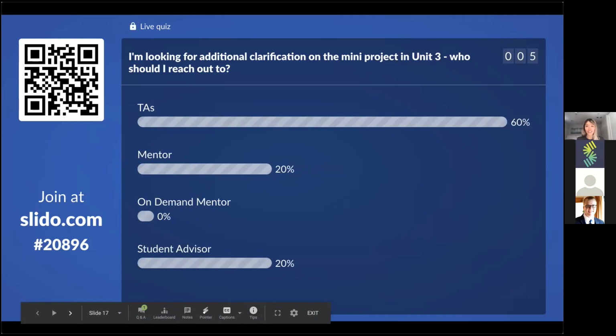All right, so we got a couple of different answers here. 60% of you are correct. The TAs would be the right avenue of support. The TAs, because they're very intimate with the curriculum, and they would be able to get you that quick response